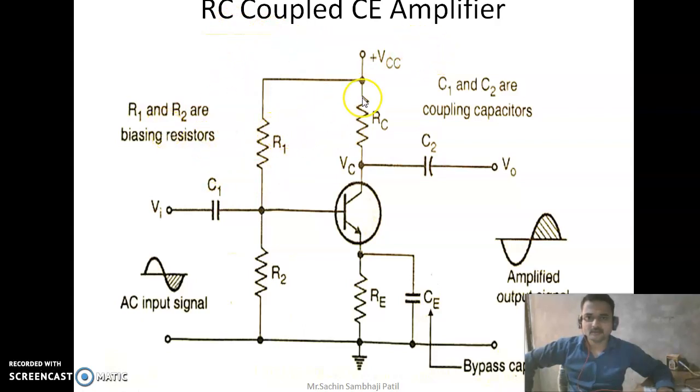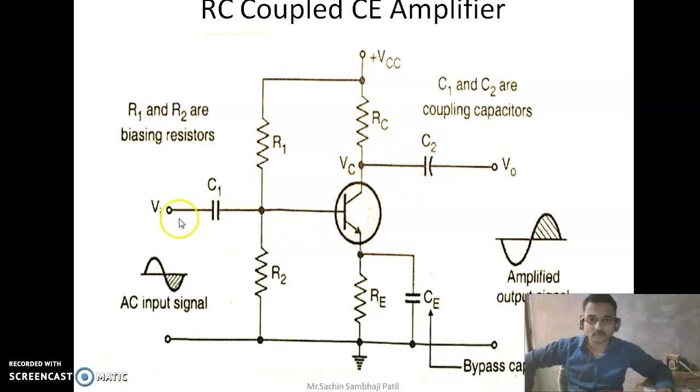In this case biasing is very essential because we know that the transistor must operate in the active region. This is an NPN transistor, because the arrow is in the output direction. The base terminal should be positive and the collector terminal of the NPN transistor should be connected to plus VCC, so it should be positive. The input junction should be forward biased and the output junction should be in reverse bias mode.